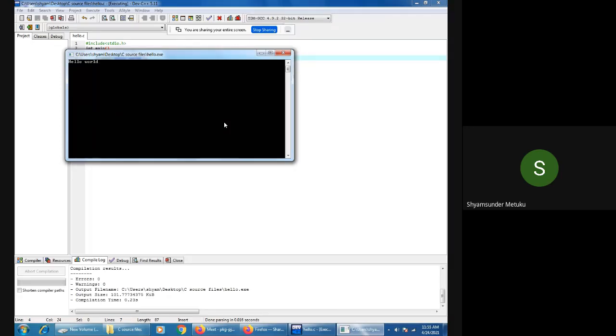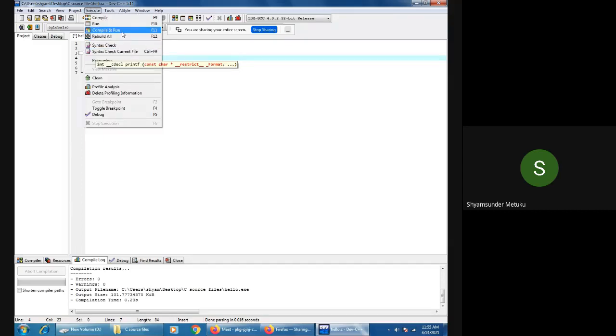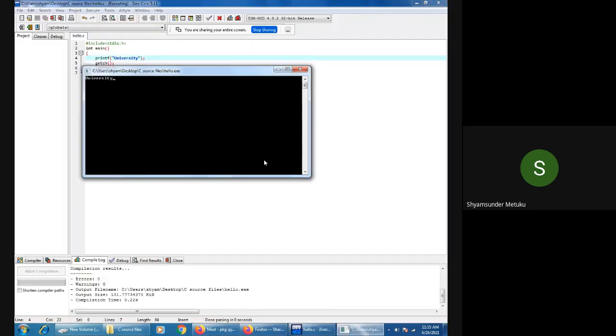It is almost a good programming practice to use it in every printf statement at the end of the text. So the end of the text is hello world. If you want to write some other text also, you can verify. University. So let me go back. Yes, you can see university has come.